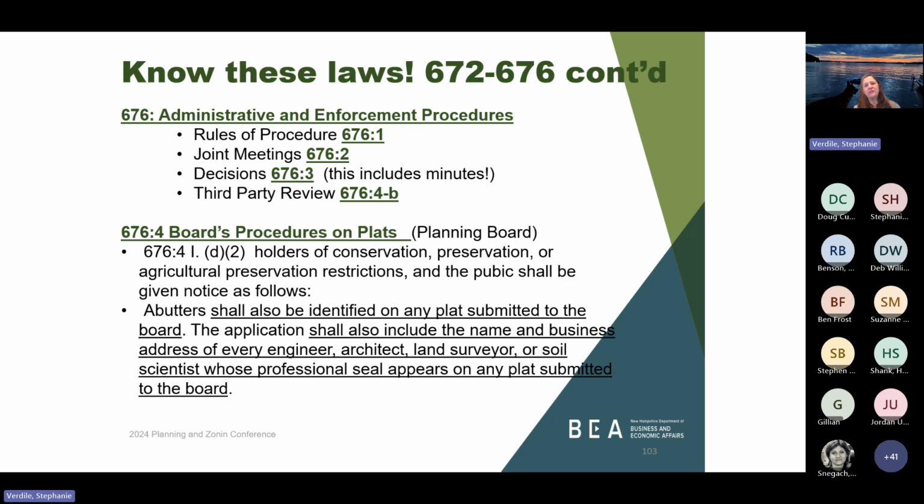It's just fairness and transparency and continuity to have the same board members acting on the application instead of board members switching in and out. I've seen some municipalities say that alternates can't even be in the room or they have to remove themselves from the table. It's up to each board, but that's where your rules of procedure and how that municipality wants those alternates to be treated is spelled out.